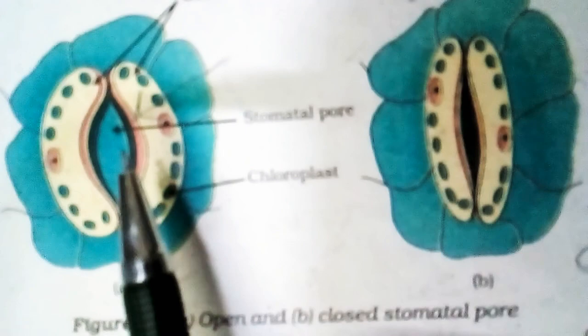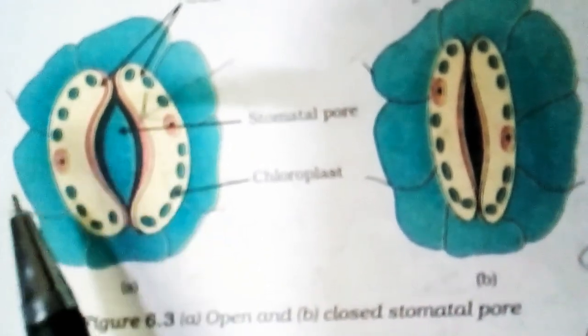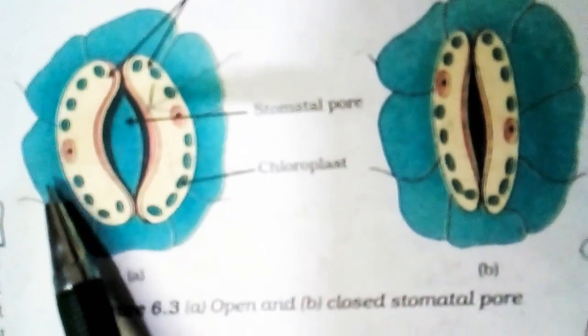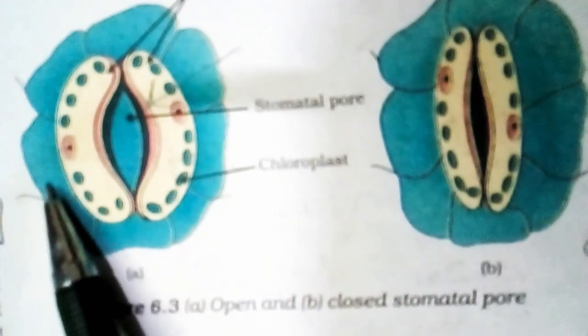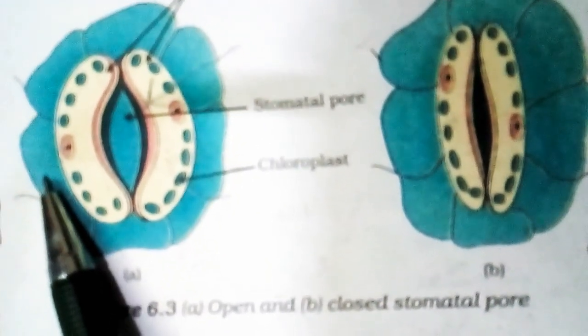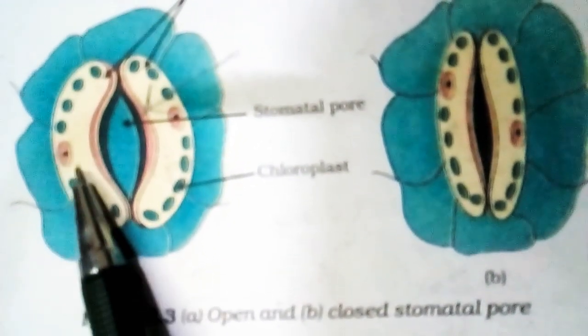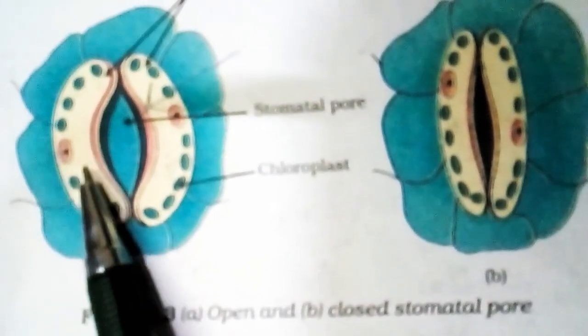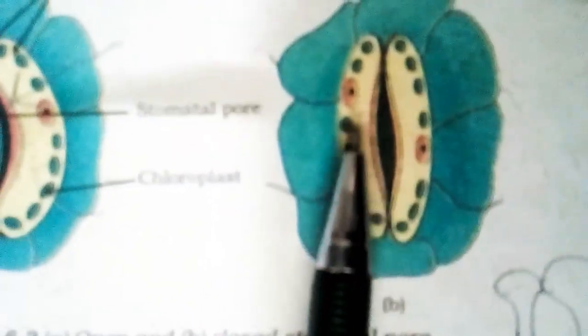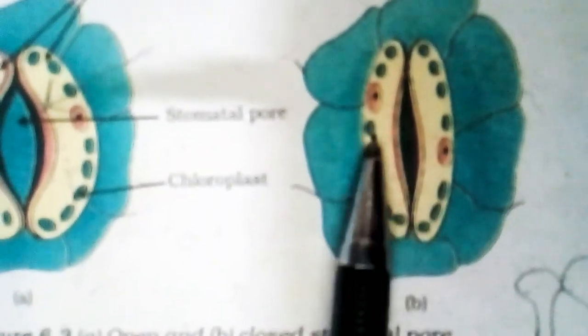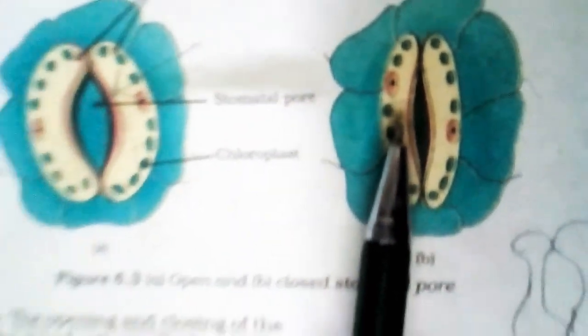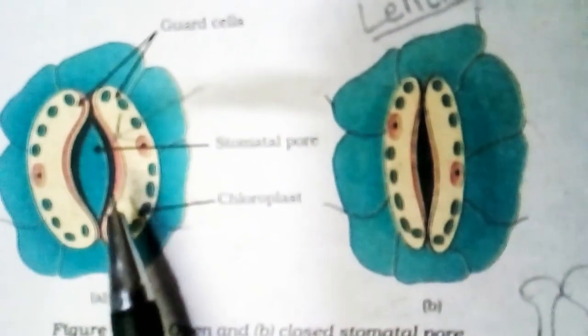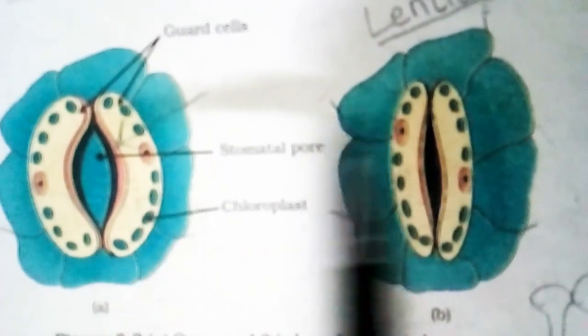Now when the work of exchange has been done, at that time the starch present in the surrounding cells changes into sugar, and the sugar which was present in the guard cell changes into starch. Then the water goes out of the guard cell, and again the guard cells shrink and close the stomatal pore. By this, opening and closing of stomata is done by coming and going of water due to the starch and sugar hypothesis.